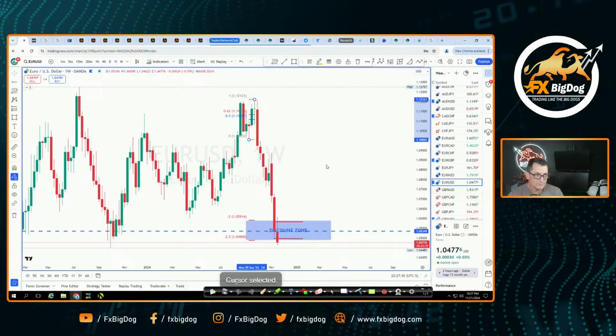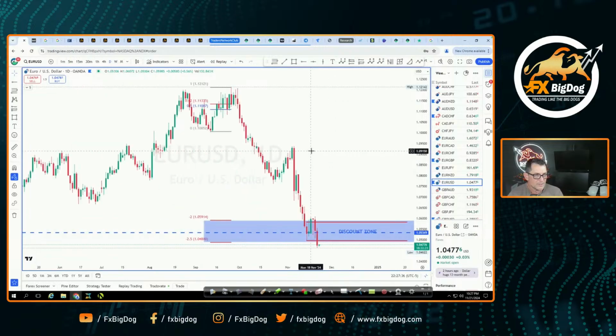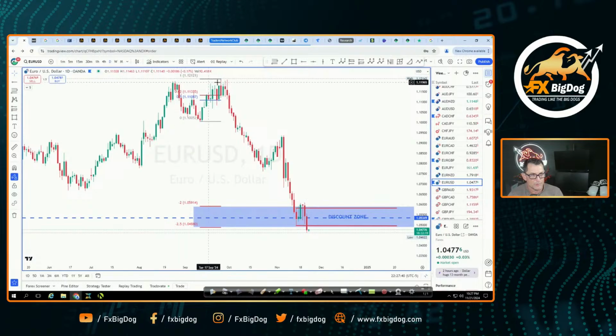Because we want to see how the daily, if we go to the daily right here, let's take a look over here. What does price do? First, number one, when price creates this move that we saw up the top, we normally have a deviation level, right? And the -2, -2.5 is where we anticipate price to want to turn, or at least this is the target for the downside move, right? So we're looking for price. When price creates this and takes out the low, price can move all the way back down to this level.